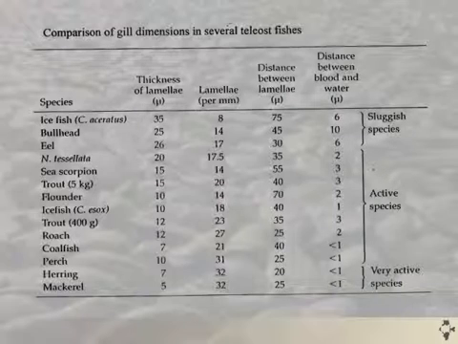That thin epithelial layer will allow for very rapid and easy exchange of gases at the gill, but of course it makes it a very, very delicate structure. And so it's really only necessary for those species that truly require a tremendous amount of oxygen uptake in a very short period of time. And keep in mind, too, that if we're talking about comparing, for example, a bullhead to a herring or a mackerel,